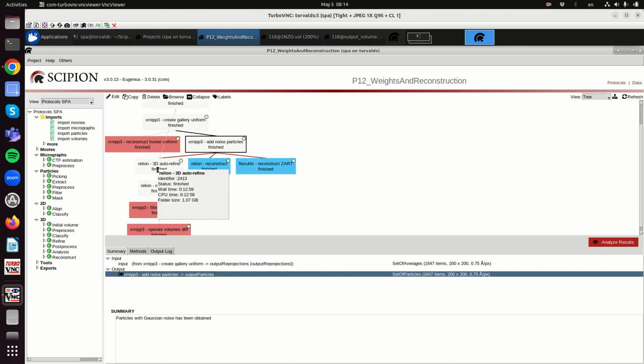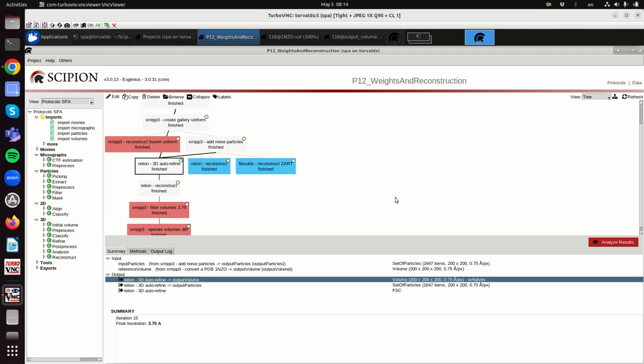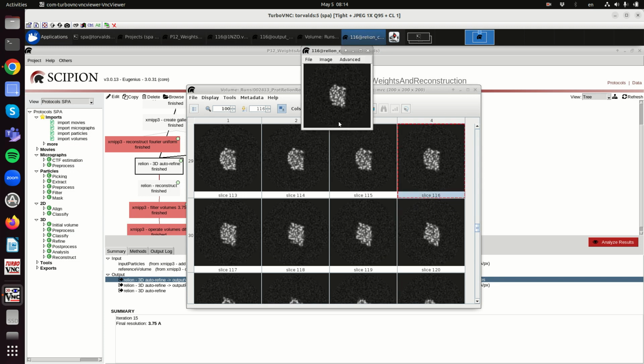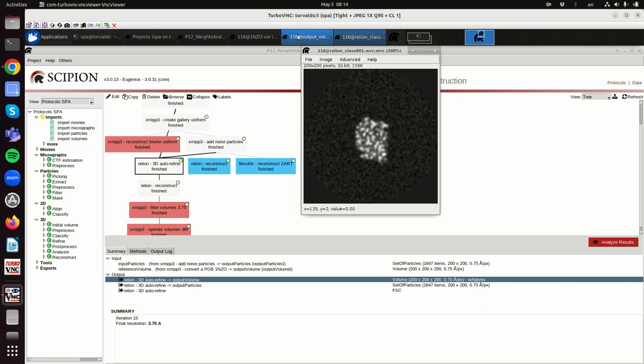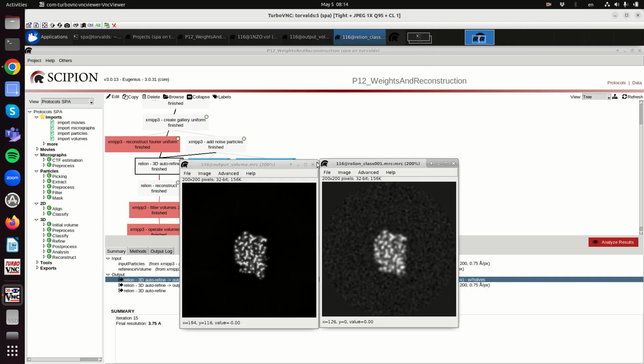So when you estimate the angles, we see that the reconstruction is still pretty good, but we will pay attention to the details of this reconstruction. We can compare this one with this, and what we see is that there is noise. Also there is a loss of resolution, and we may think that this is related to the fact that we have